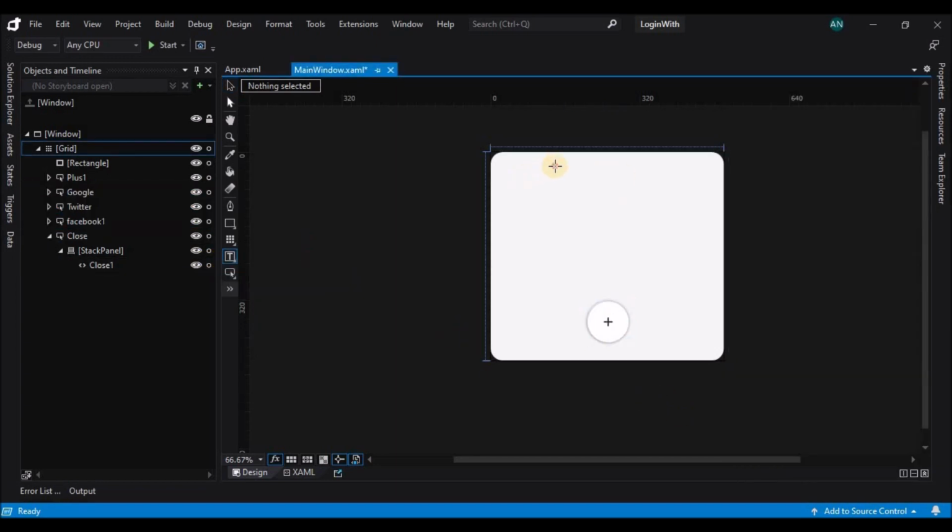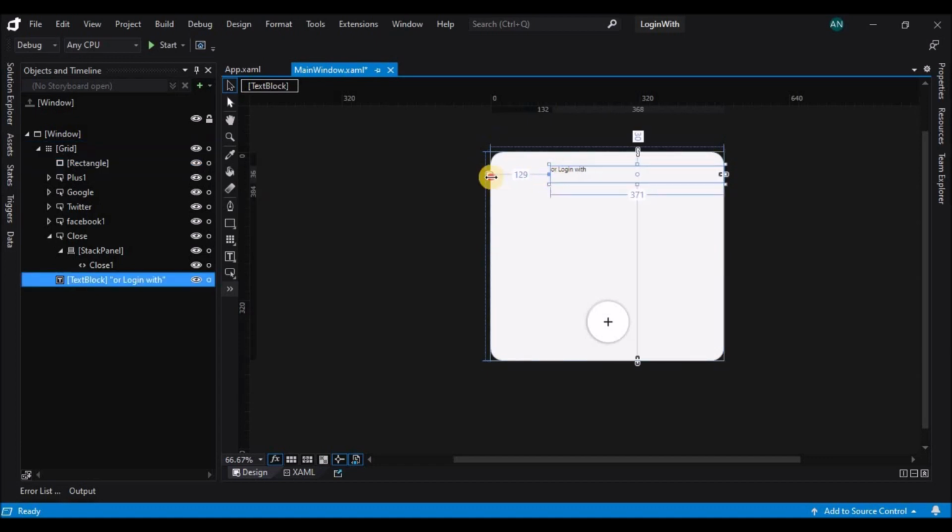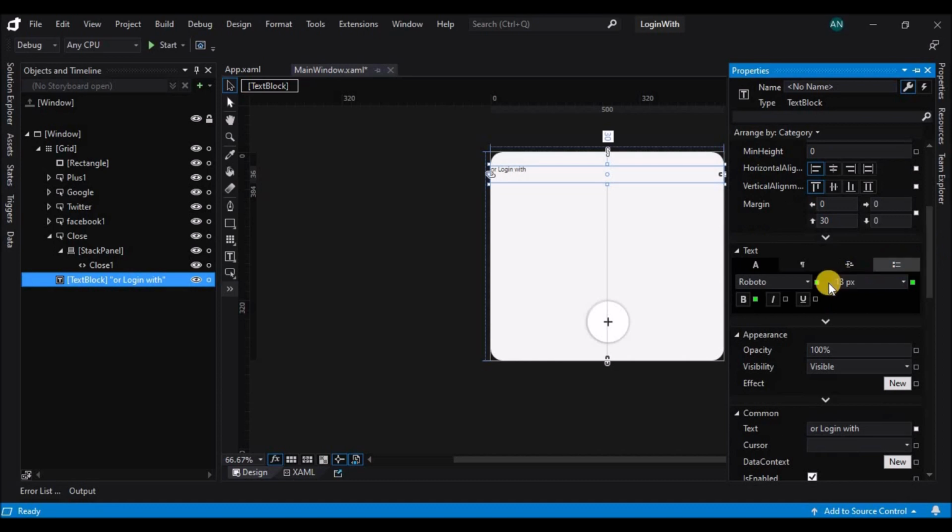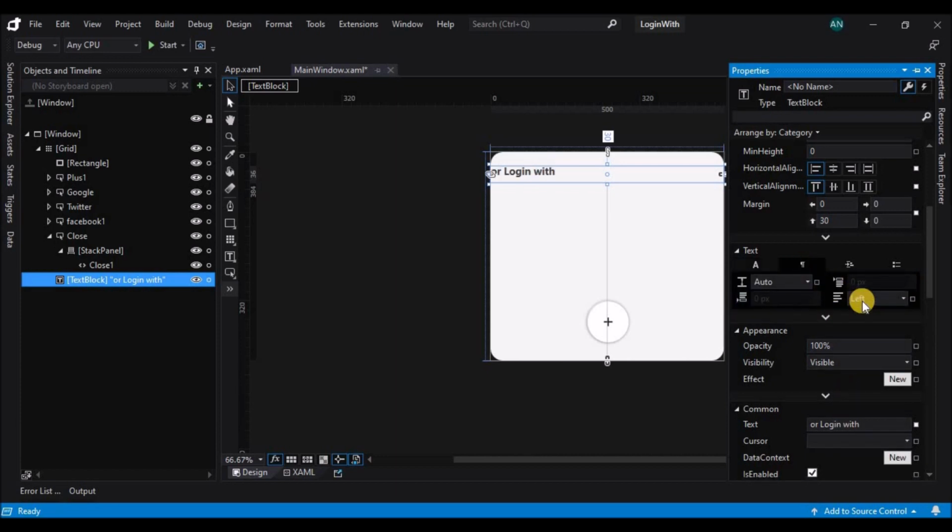Now let's add a text block on top. This will just serve as a label for the other login methods. Let's change a couple of text properties. Let's change the font size and the font weight and the alignment to center.